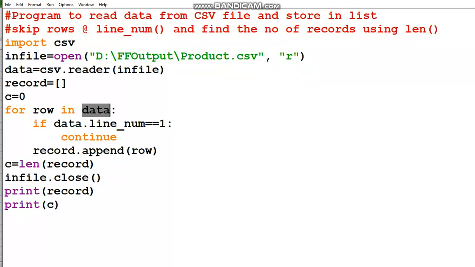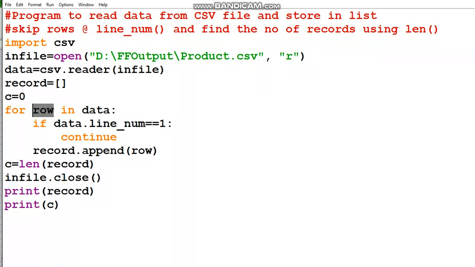So when the loop runs the first time, the row variable will contain the header record where the heading names are there: product ID, price, quantity, and product name.